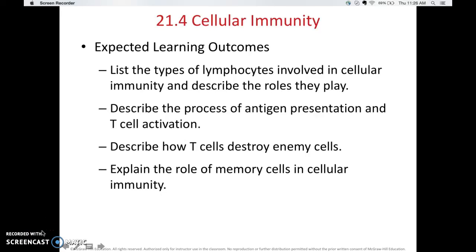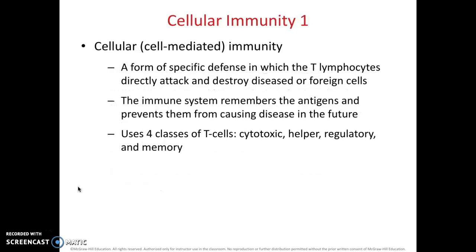So this is our fourth video on the adaptive immune system. So here we'll talk about cellular immunity. And remember, this is opposed to humoral immunity. So cellular or cell-mediated immunity is a form of specific defense where the T lymphocytes directly attack and destroy diseased or foreign cells. So we already talked about what T lymphocytes, basically what they do, and what the B lymphocytes do. So during this adaptive immune response, the immune system is able to remember antigens and prevent them from causing